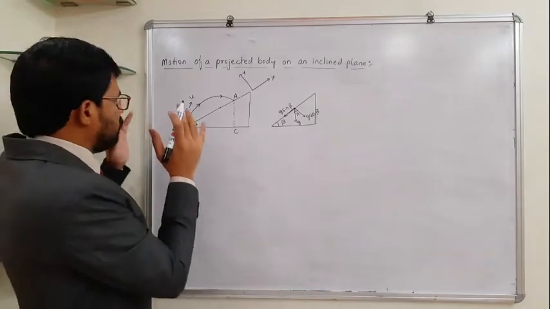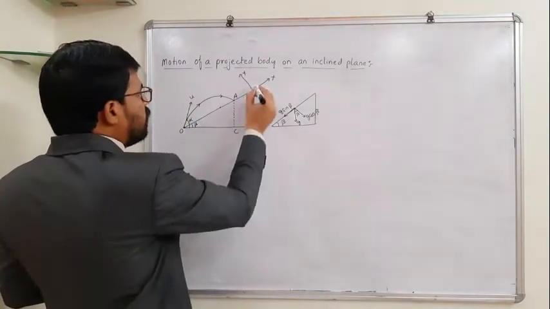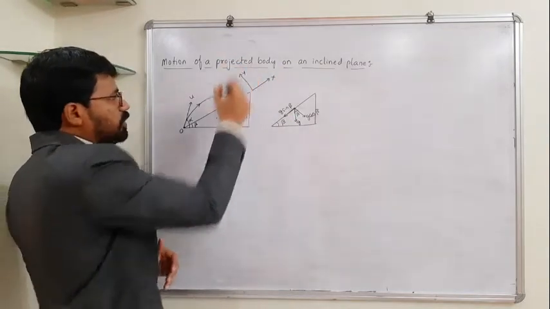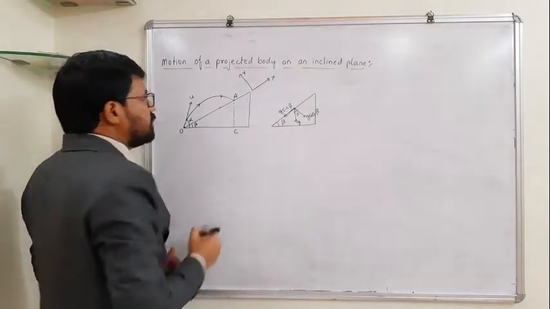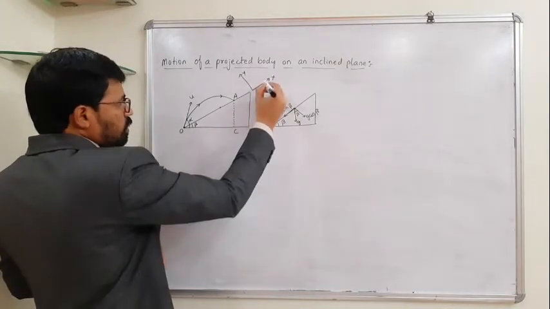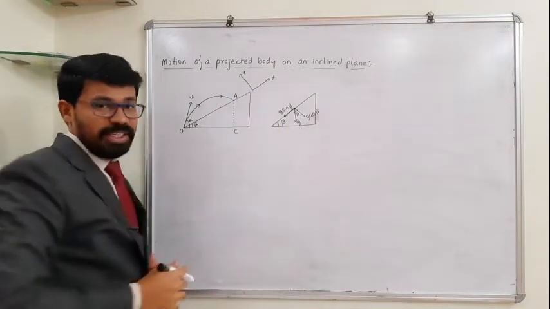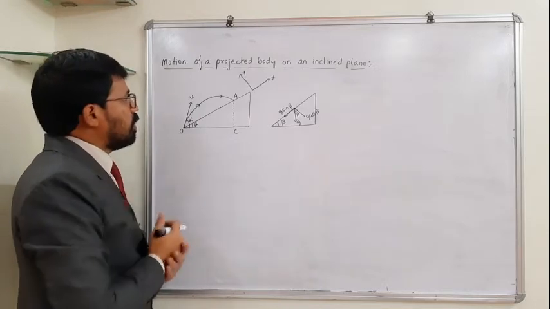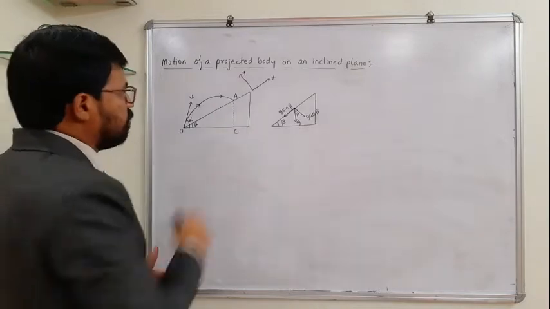And to understand whatever is happening here, I have taken one coordinate system as reference. This is positive x direction, this is positive y direction. So along this direction x components exist, along this direction y components exist. If this is positive, opposite to this will be negative x direction, opposite to this will be negative y direction. So let us proceed with this upward projected motion on an inclined plane with this fundamental data.